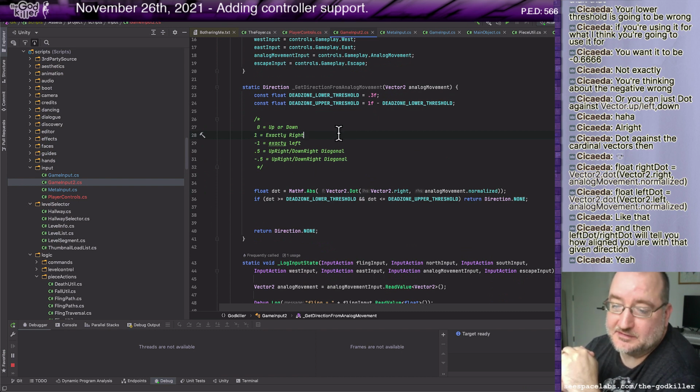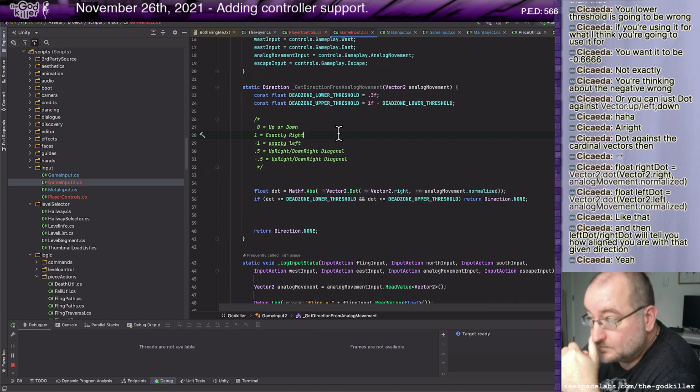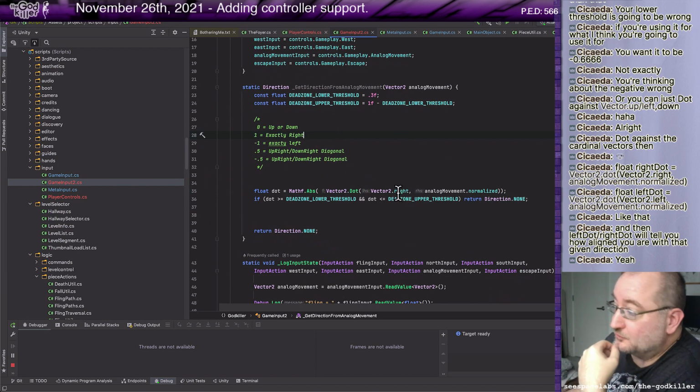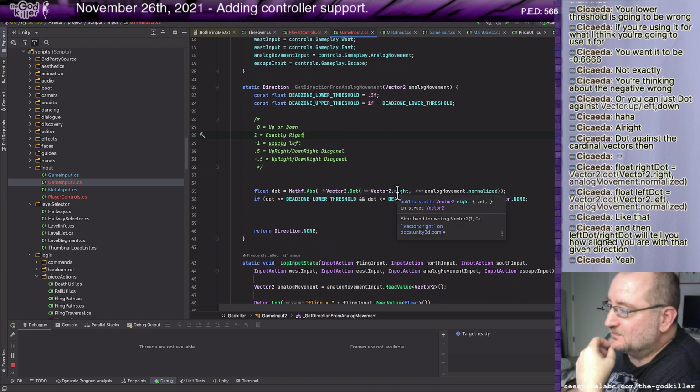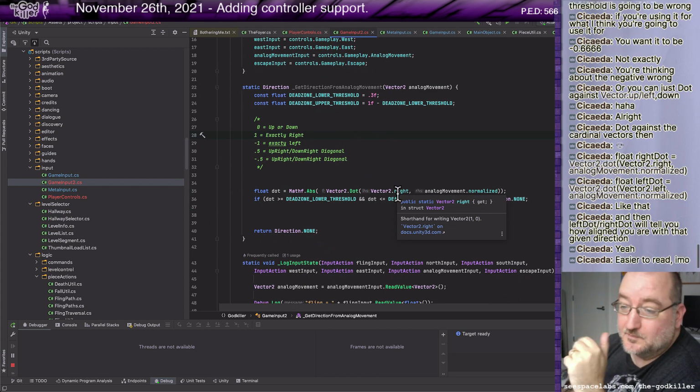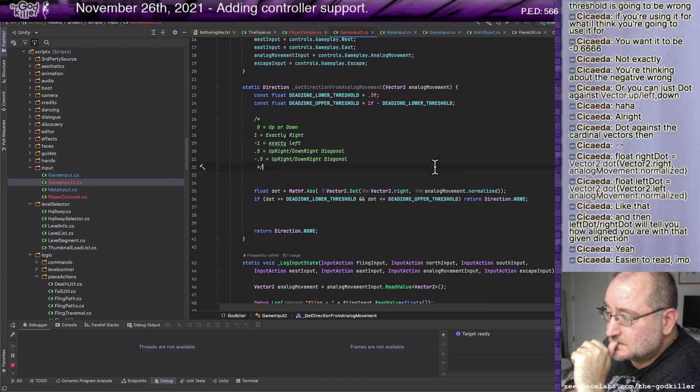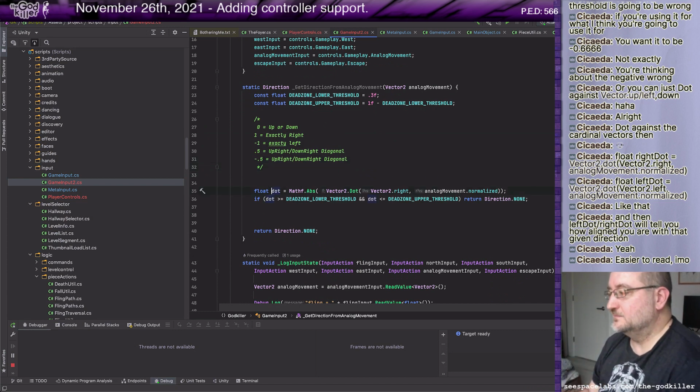That's it, right? So if I do a vector 2 up, then the value 1 is going to represent unambiguous up. Okay, I'm following along with you.